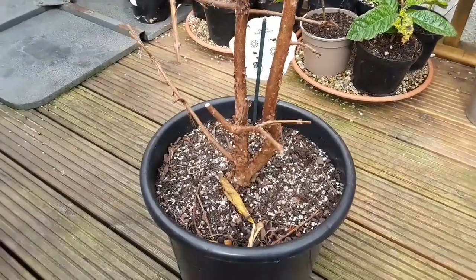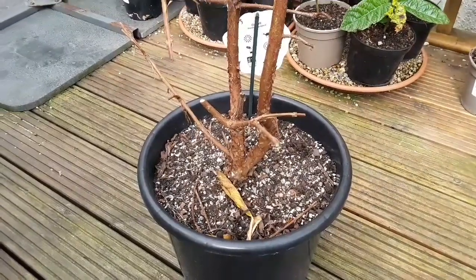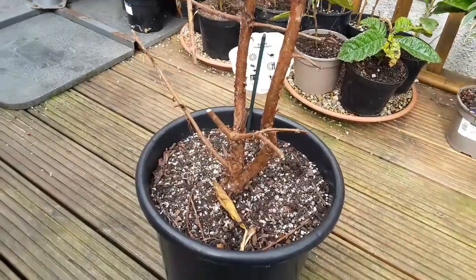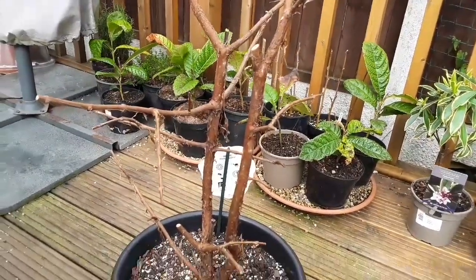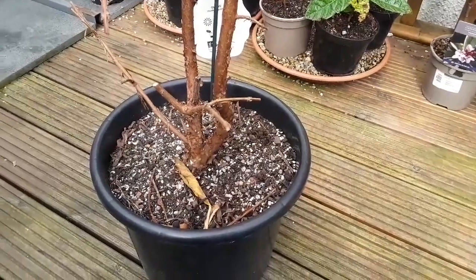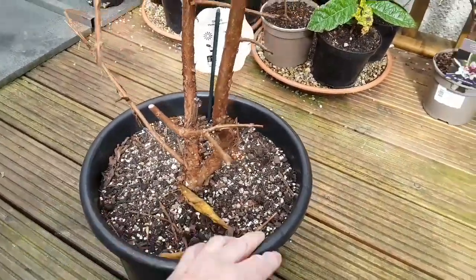But I'm going to take the plants out of the pot today and bare root it and wash all of the roots. I think that a lot of the roots have got compacted stale mud and compost around them, and they can't breathe and they can't absorb oxygen and they can't absorb moisture. So I'm going to completely bare root the plant, and I'm going to make up a special very fibrous high draining soil. I mean, I think this is quite a high draining one I've got in here, but I'm going to go really